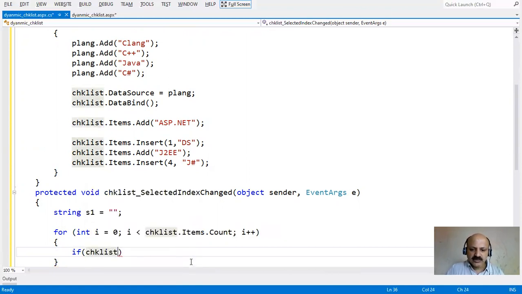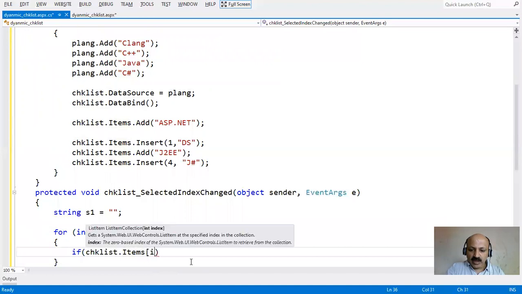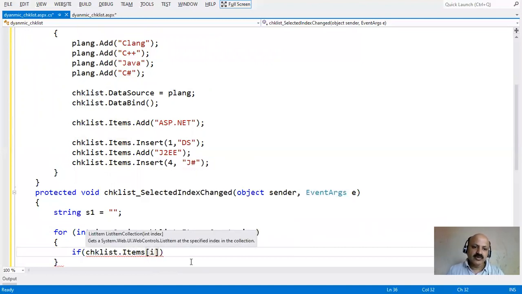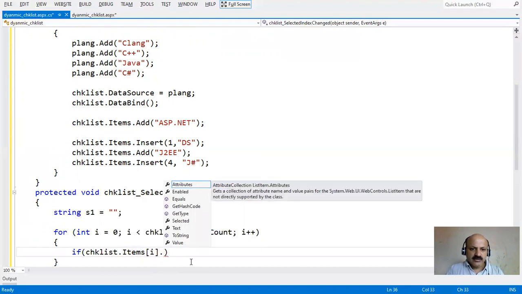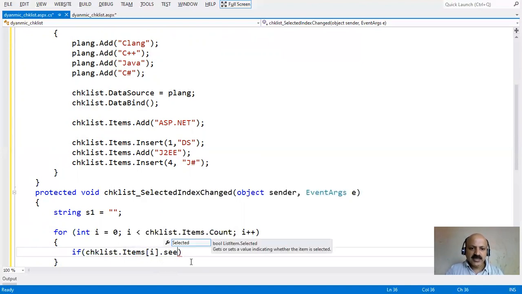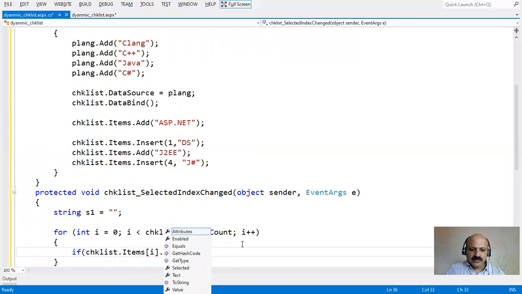So checkbox list dot items of I. Item is a 1D array, as previously said. So directly items of I, that is index I, the loop repeats. So first I value 0, then 1, etc., until the end of the loop. For all of them, the property named selected is written as a boolean value. So directly we provide it in the if condition. Okay, so here the selected member is there,